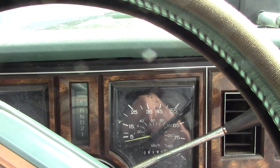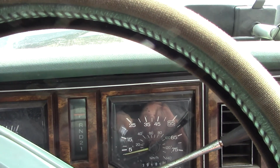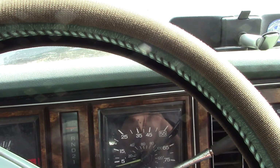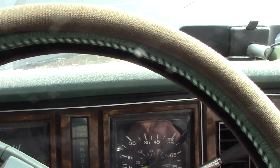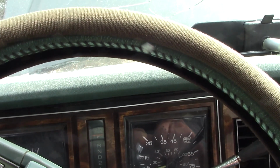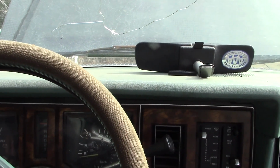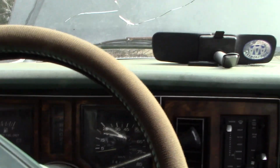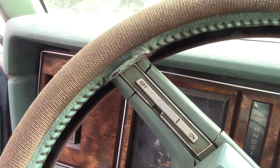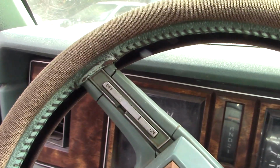Pump's working. There it goes, it's starting. Yeah, I guess that battery wasn't as bad as I thought. Still doesn't like the gas, but